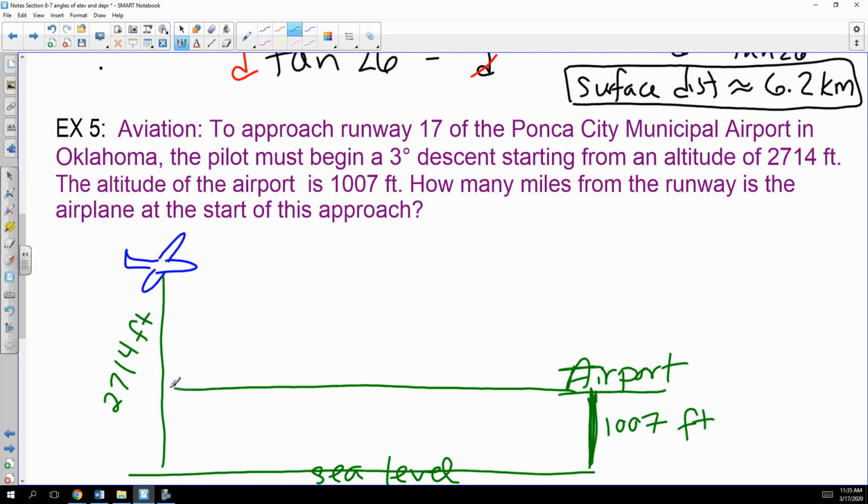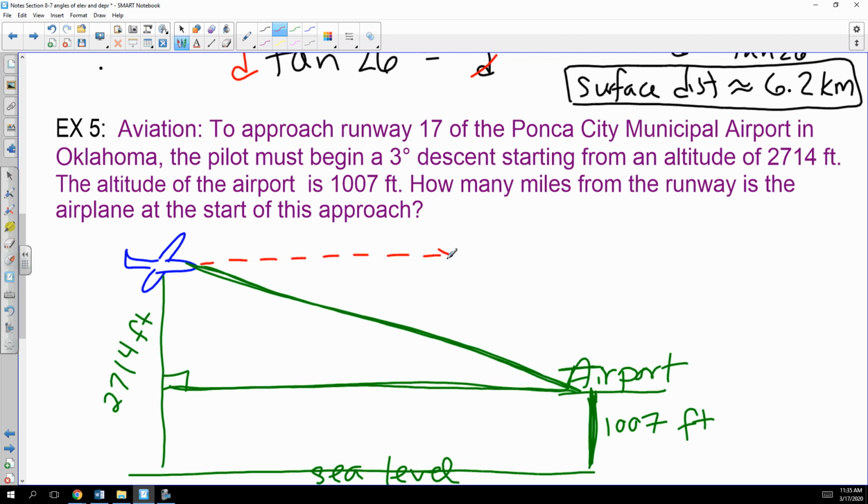And get your triangle a little bit like this. Remember that the pilot begins a 3-degree descent. So don't ever forget, please don't ever forget, this is probably the biggest thing that students forget, is that they forget that they have to make it with a horizontal line. So 3 degrees, and you can put that in here because alternate interior angles are congruent if you wish, right? But 2714, remember, was that whole entire thing. So you're going to have to subtract